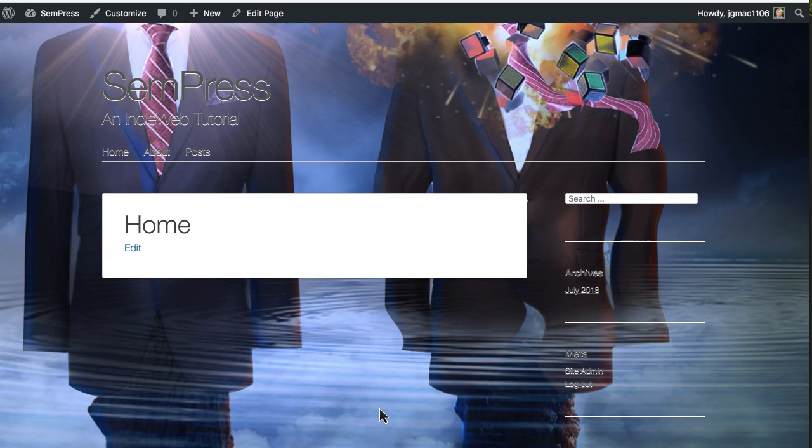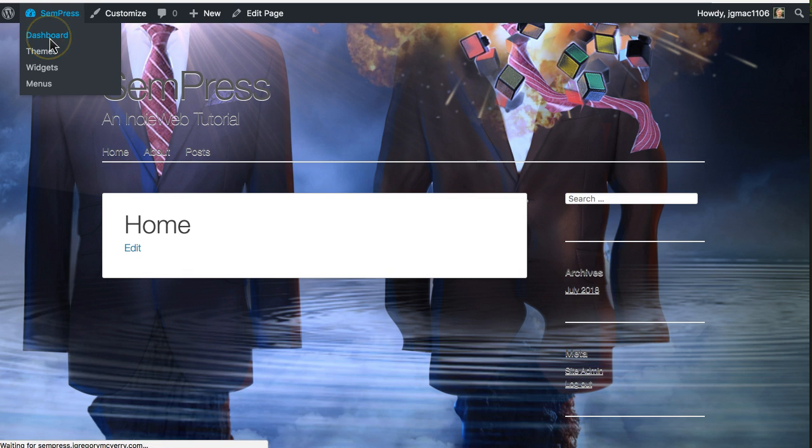In this tutorial, we're going to cover how to use a page builder with your indie web theme. Sometimes you just want a little bit more control over your home page. And to do that in WordPress, you can use a page builder plugin. So we're going to click on Simpress, go to our dashboard,